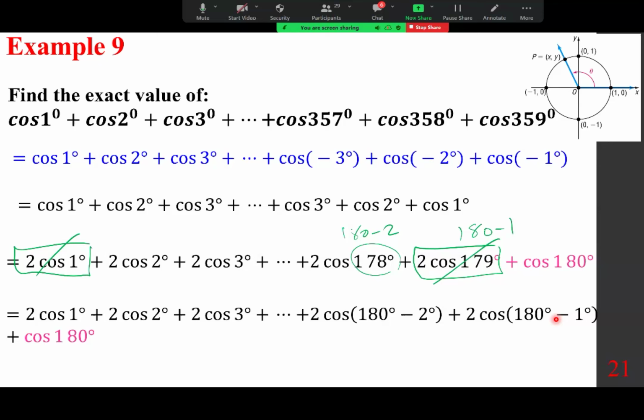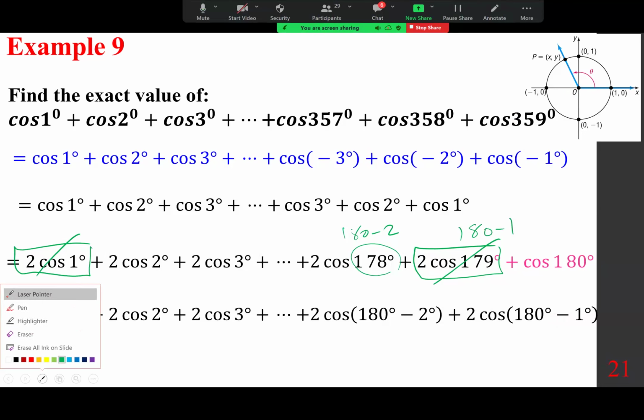Because I want to make sure we understand what's happening. If this is 1 degree, let's say this is 20 degrees, and this is 160 degrees, where the two numbers add up to 180. Remember, this is the reference arc, everybody. This is the reference arc. And they have the same value,